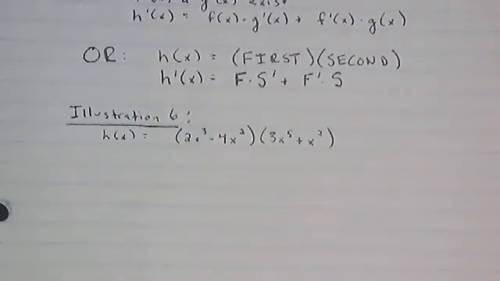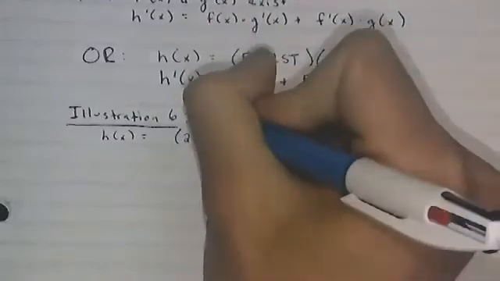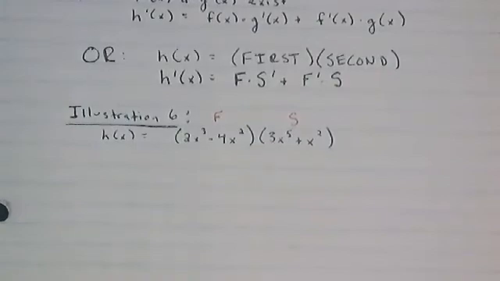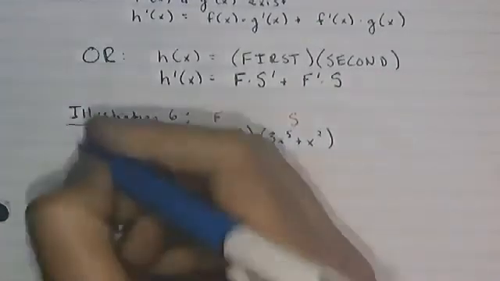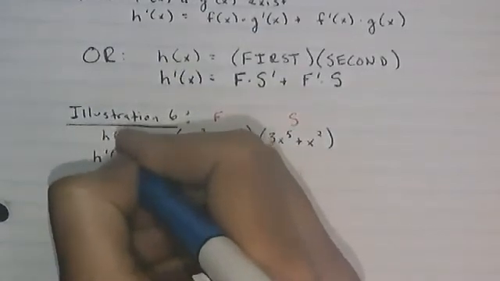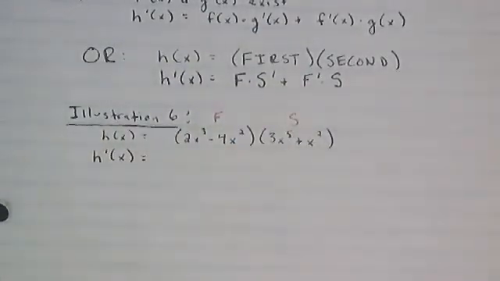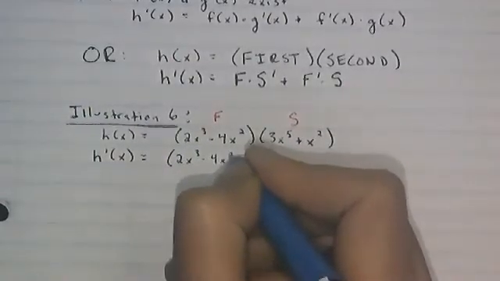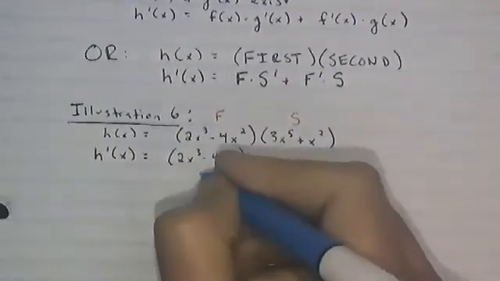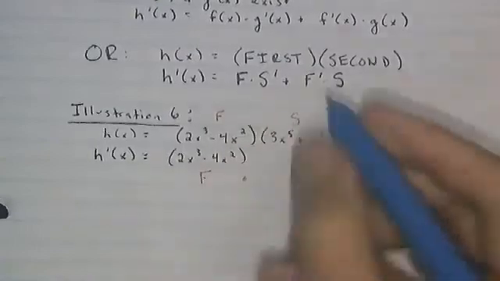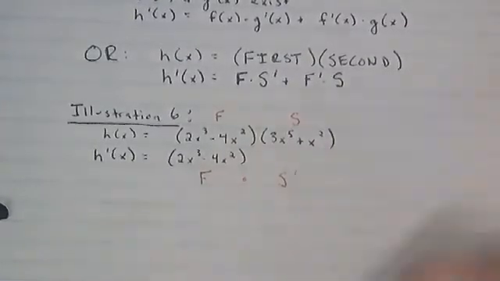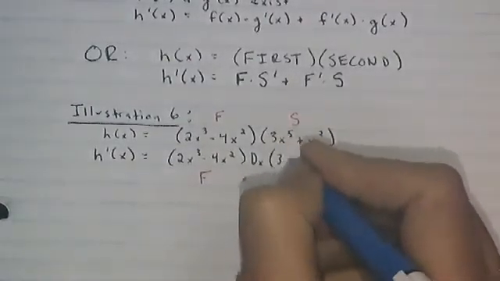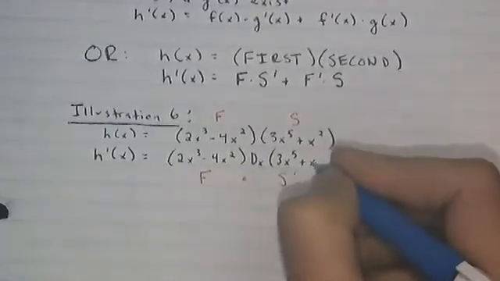If we allow this guy to be our first function, this guy to be our second function, here's what the product rule says the derivative of h of x should be. It should be the first thing, 2x cubed minus 4x squared. That's the first thing, times the derivative of the second thing, derivative with respect to x of 3x to the 5th plus x squared,